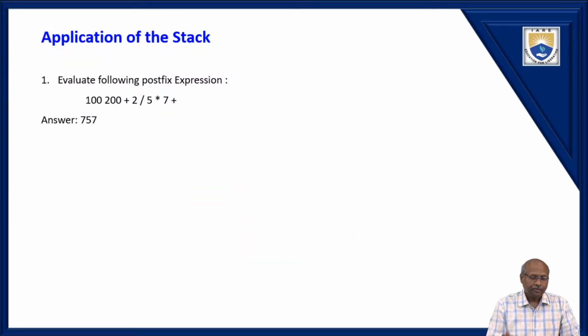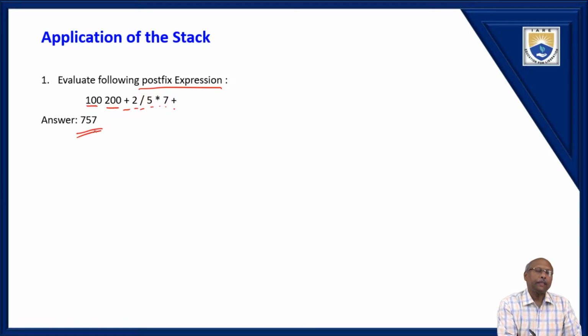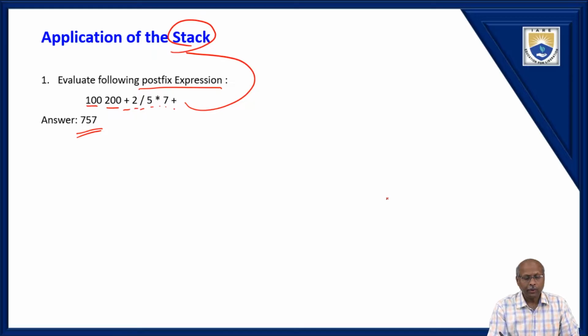For example, I will give a postfix expression: 100, 200, plus, 2, division symbol, 5, star, 7, plus. This is my postfix expression. If I give this postfix expression, it should give me the answer 757. So to solve this problem, you need a stack. How is it possible? You see,